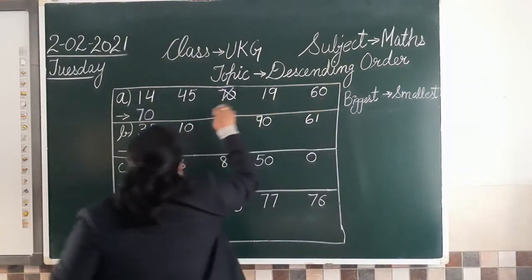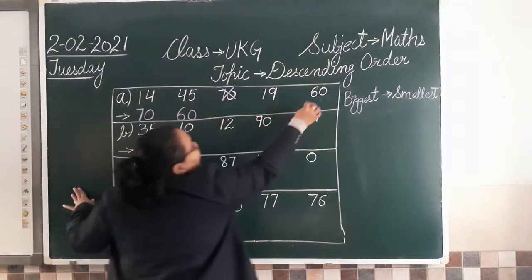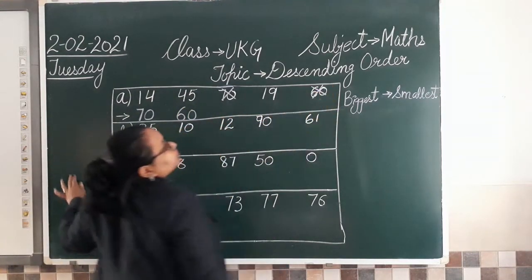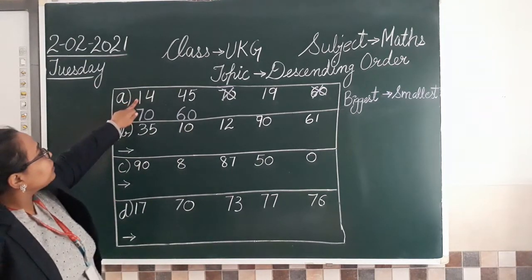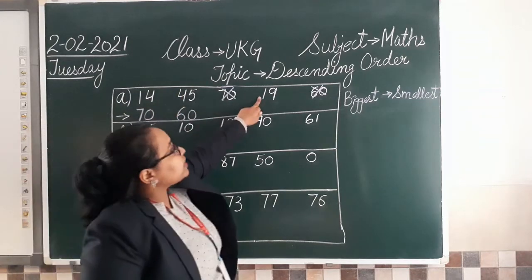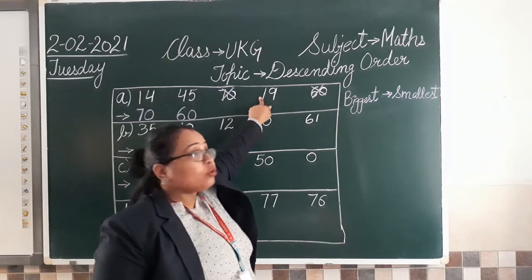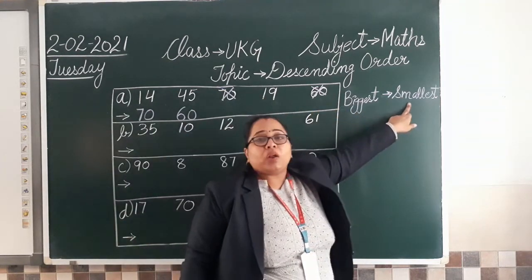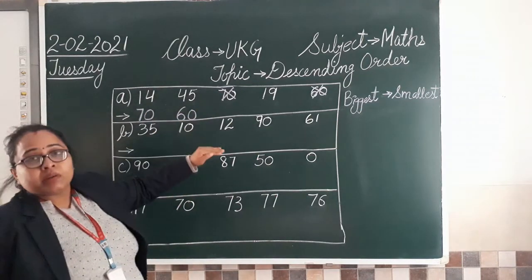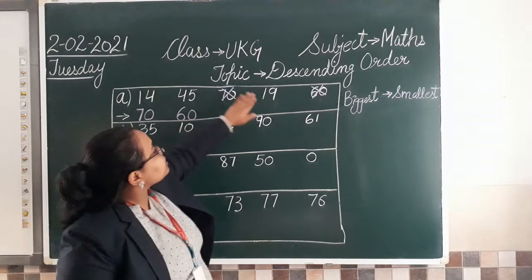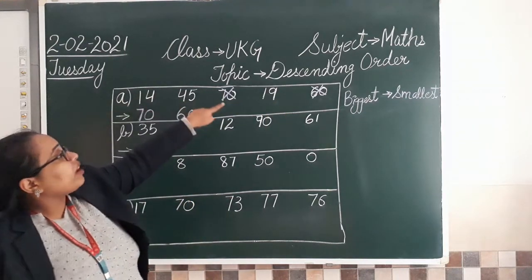So what we are going to do? We'll copy that here and we are going to put cross. Is that clear? Now you have to follow this order, biggest to smallest. तो अब और इजी क्या करना है, बस बिगेस्ट जो बचे हुए नंबर्स हैं उनमें से हर बार बिगेस्ट नंबर लिखते जाइए. क्लियर?